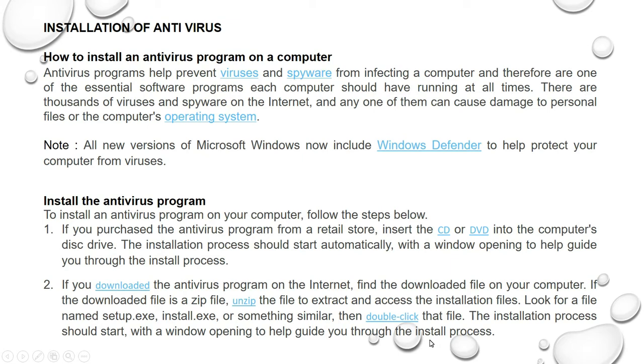So after inserting the original DVD or CD, one window is displayed. From that window, you have to select the setup.exe or the install.exe file. By double clicking that file, the installation starts automatically.